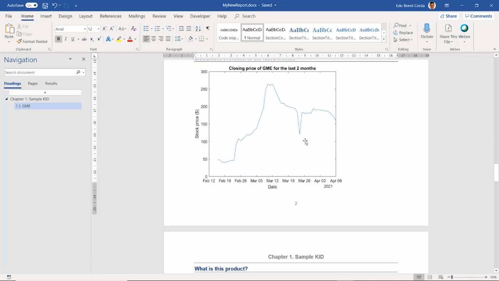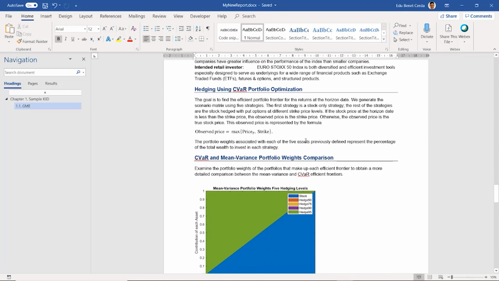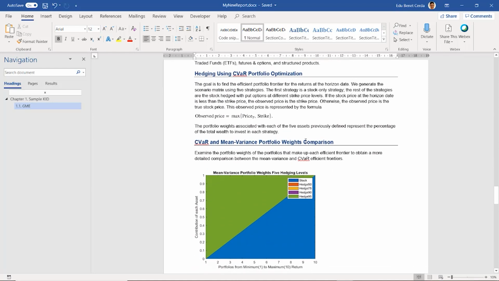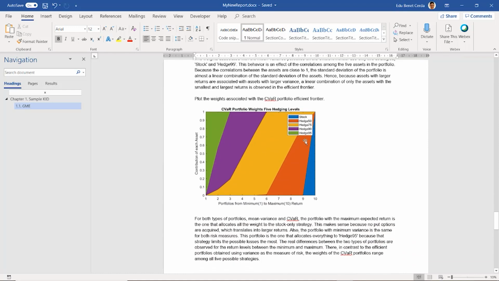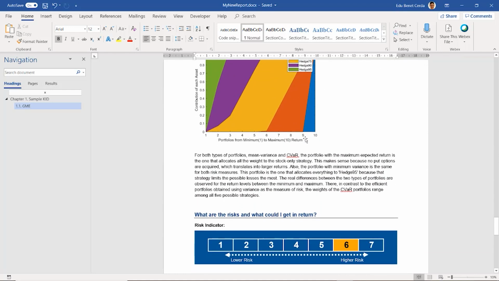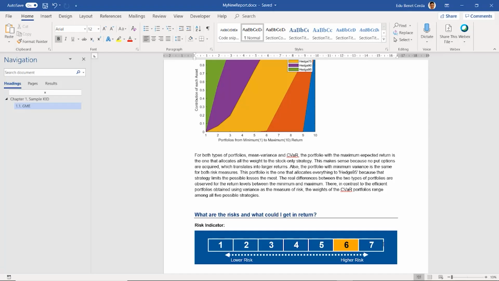This first template is actually followed by the second one, consisting of the conditional variance portfolio optimization performed on GameStop. We added the two figures that were generated during the analysis, and at the very end, I added a table where I specified the risk of this product. This table was actually added entirely in a programmatic way within MATLAB, using the table object of Report Generator, but in the same way, it could be a table type object that was filled within the template.